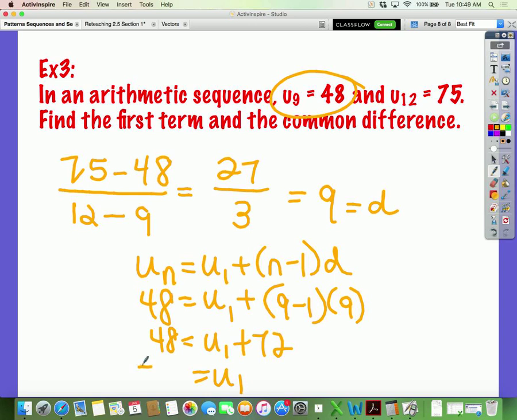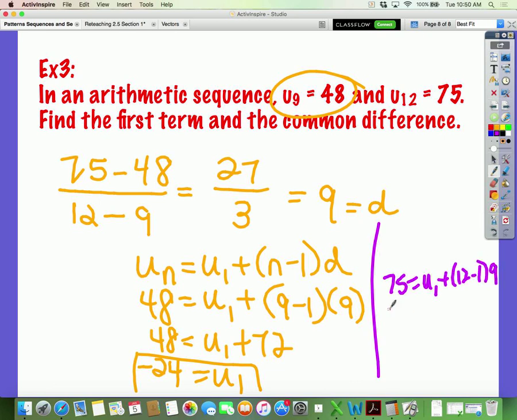So my first term would be negative 24. We could have used the numbers 75 and 12. We would just have to plug in 12 for n instead. So no matter which one we use, if I use the other one, 75 equals u1 plus 12 minus 1 times 9. I have 75 equals u1 plus 99, because 11 times 9. And then when I subtract 99 from both sides, I'll still get